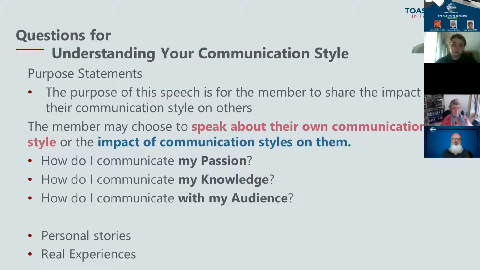There are some questions that I ask for understanding your communication style. Now, the purpose statement for this project is for the member to share the impact of their communication style on others. And you need to choose to speak about your own communication style or the impact communication styles have on you. Now, Toastmasters offers you a simple questionnaire which shows you one communication style.